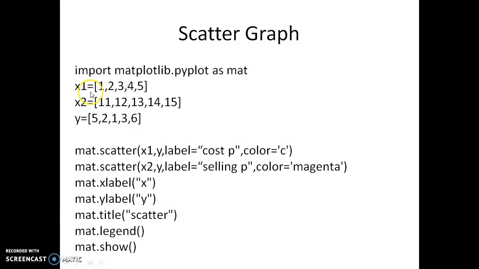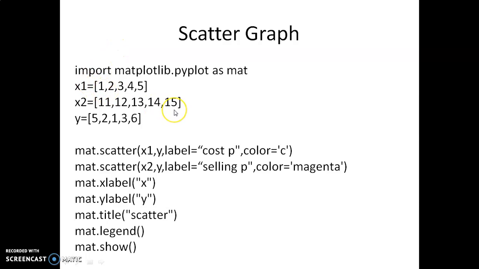In x1 I have defined the values 1, 2, 3, 4, 5. In x2 I have defined the values 11, 12, 13, 14, 15. You may vary it according to your program or your data set. Then for y, the minimum value is 1 and the maximum value is 6. The y-axis will be arranged accordingly from 1 to 6, and the x-axis will be arranged from 1